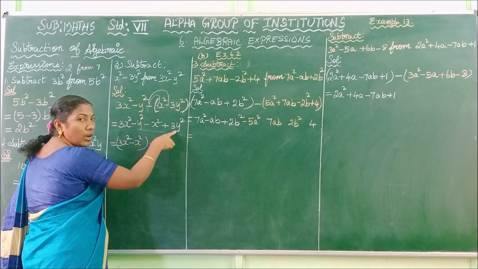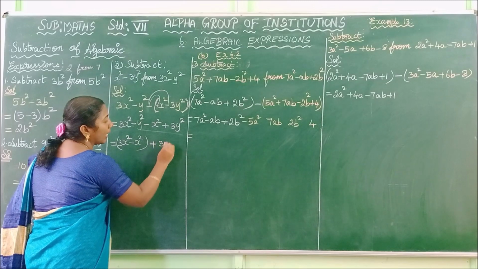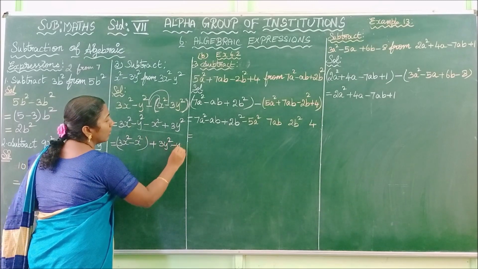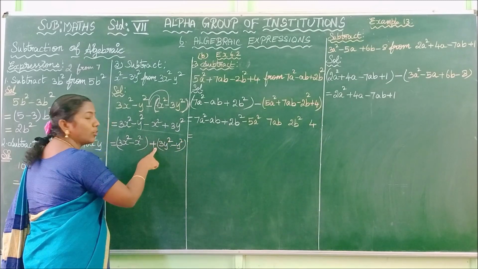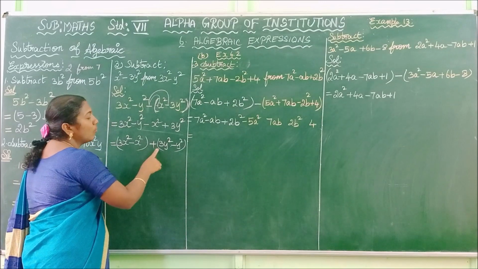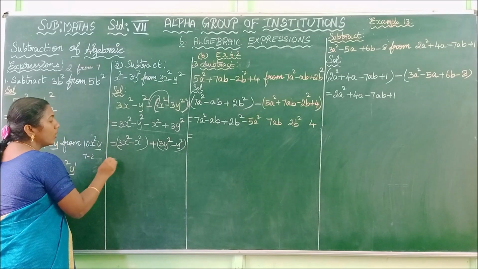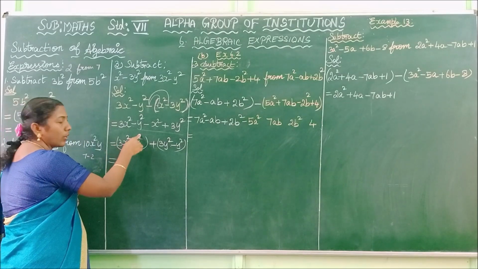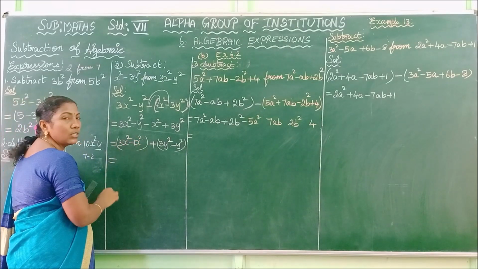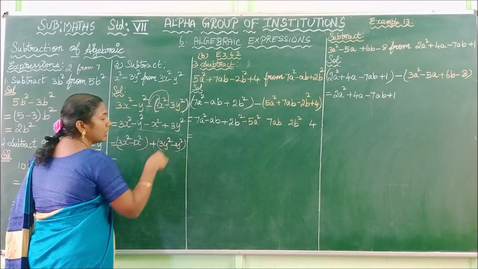First I am writing the positive number. So 3y square minus y square. In the first term you can also write the minus y square, but for the evaluating convenience, I am writing the minus y square secondly. Okay. 3x square minus x square. So it is understood the coefficient is 1. Here also your coefficient is 1.